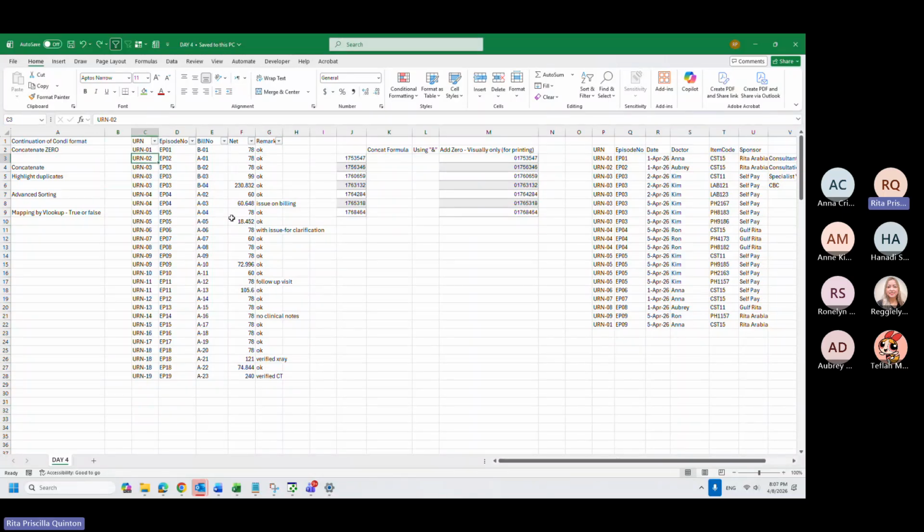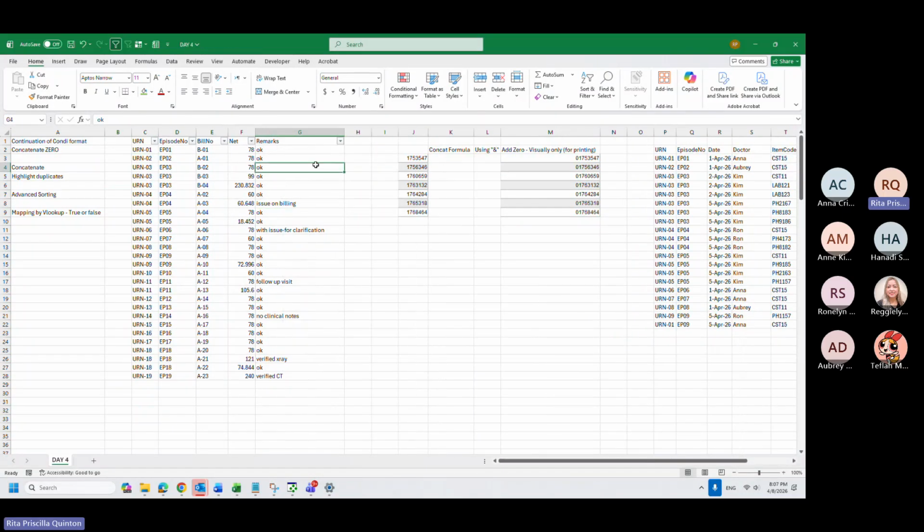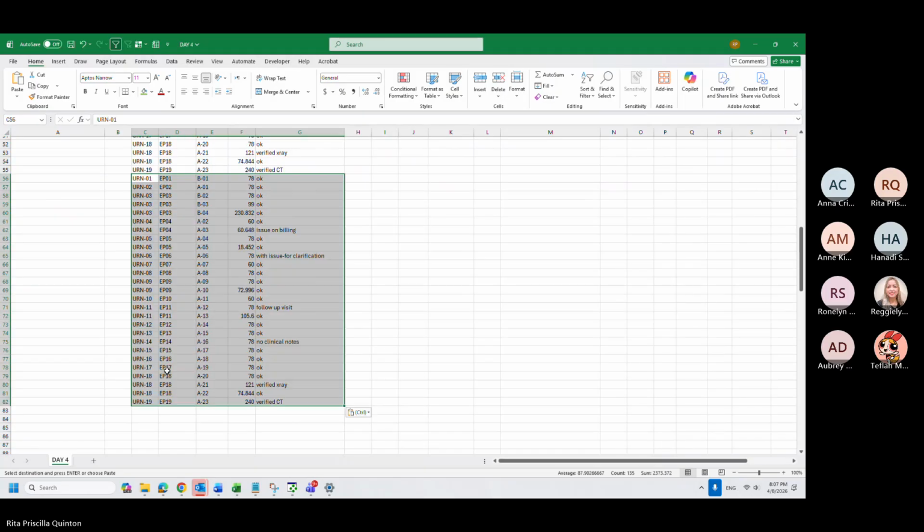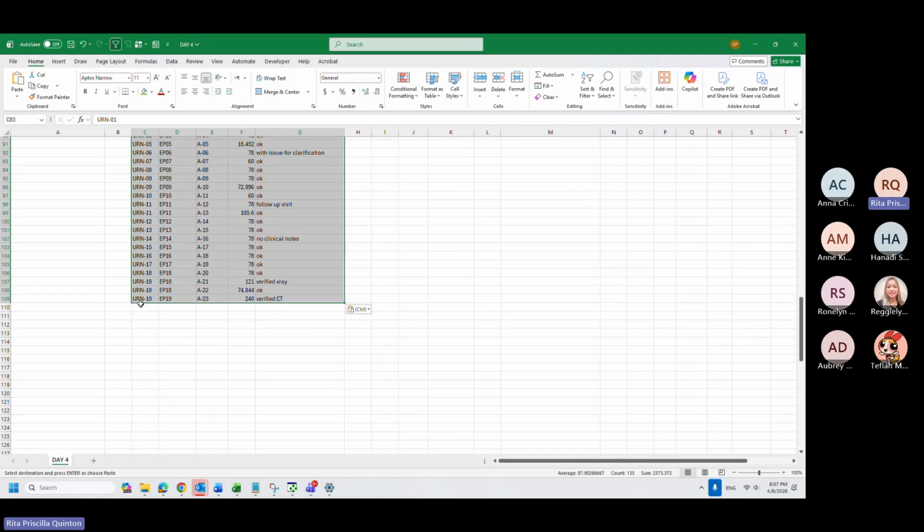In this file, I just made a sample. For example, you're checking your claims. I will just make this one a longer list for the purpose of sampling only.